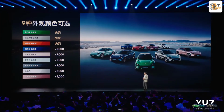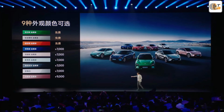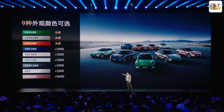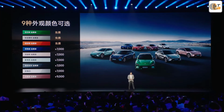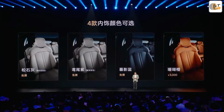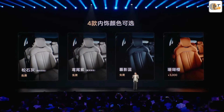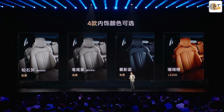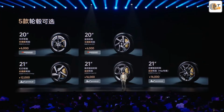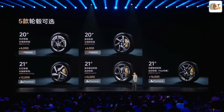And we have more accessories. We have 9 different colors. For example, the emerald green is free, and also titanium silver is free. The lava orange is free, and I recommend the most expensive one, which is this purple. And we have 4 different kinds of interior color. We have coral orange, which is definitely charged, and also we have 5 different rims to choose from, and I definitely recommend 2 of these